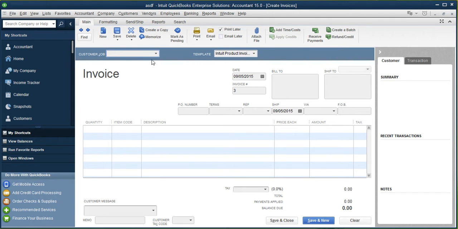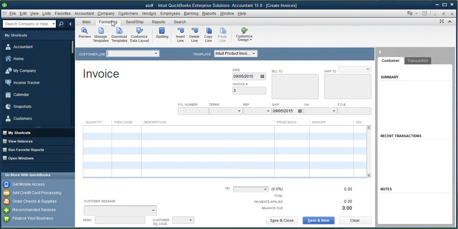You can preview, manage templates. It's regarding the editing of this. Sending through, you can send it through or do a shipment through FedEx, UPS, or mail invoice, or you can prepare a letter. Reports, you can generate multiple reports in this section,